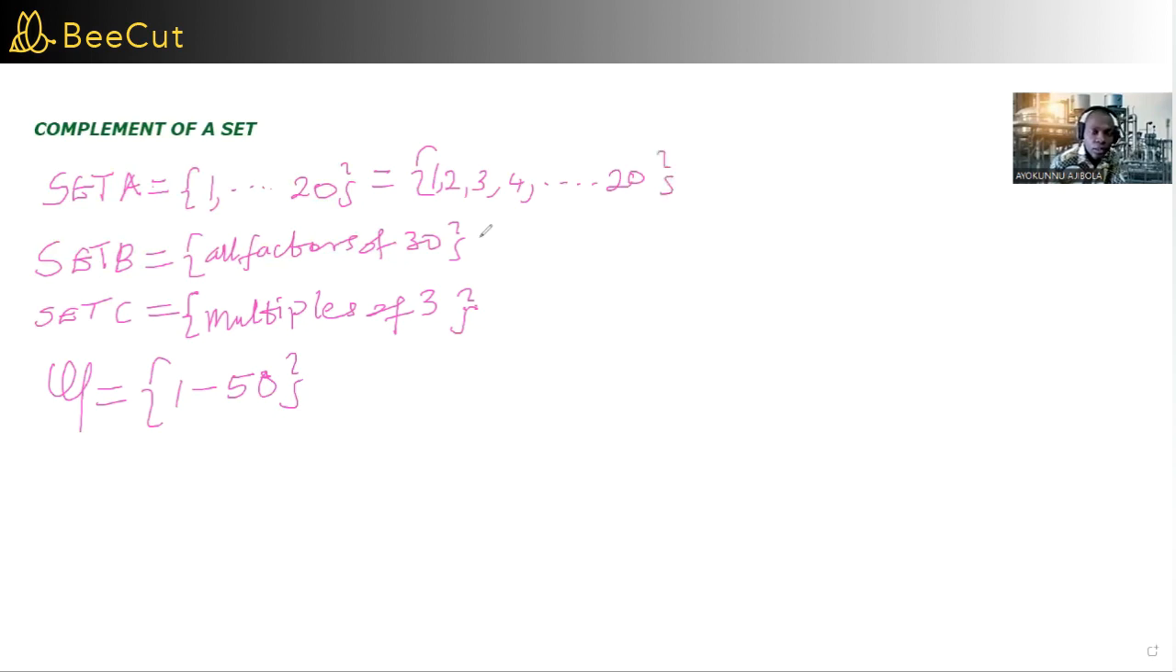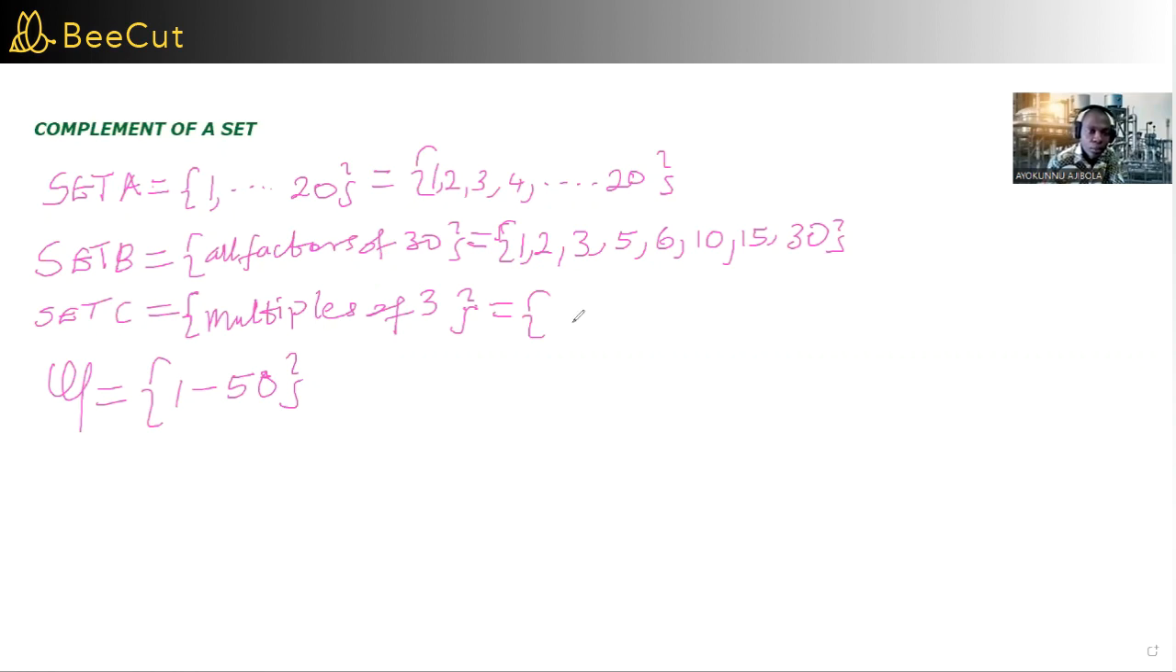While the elements in set B will be all factors of 30, which are 1, 2, 3, 5, 6, 10, 15, and 30 itself. So these are all factors of 30. And set C will be